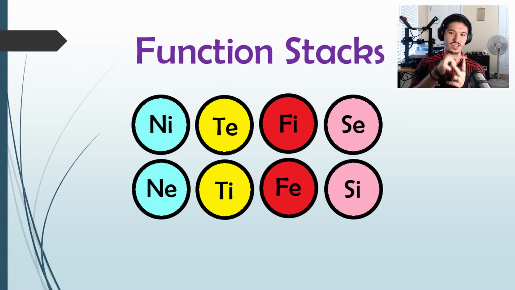So if your first function is introverted, your second function is going to be extroverted. And the same thing is going to happen for perception and judging. So if your first function is a perceiving function, your second function is going to be a judging function. You cannot have two perception functions right next to each other, and you cannot have two introverted or extroverted functions